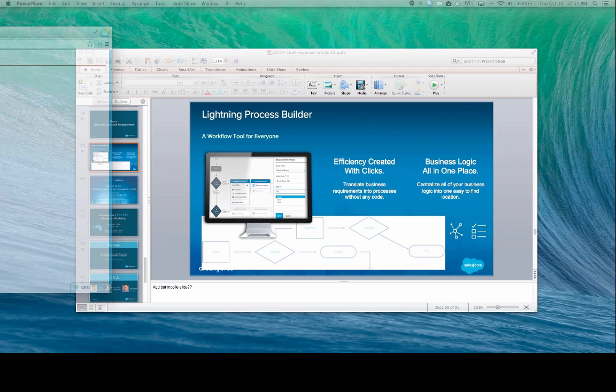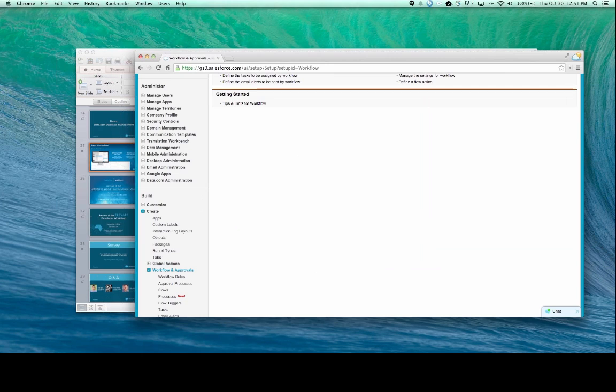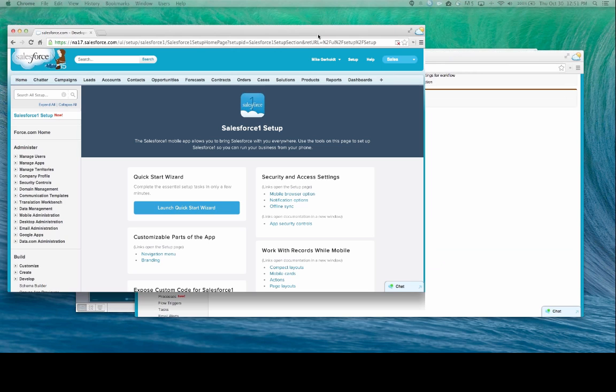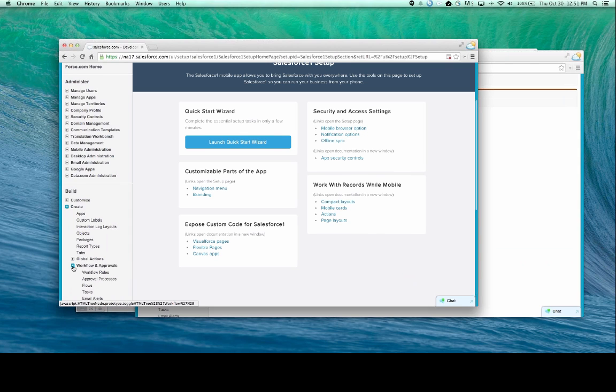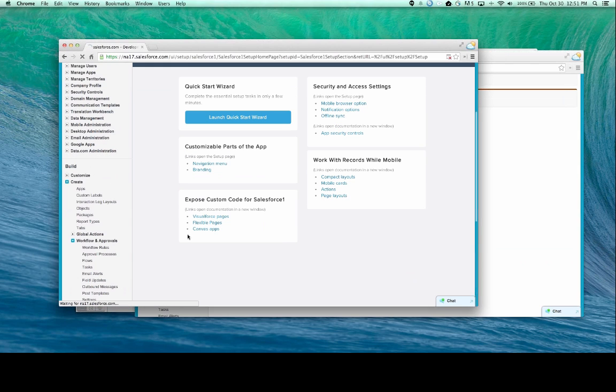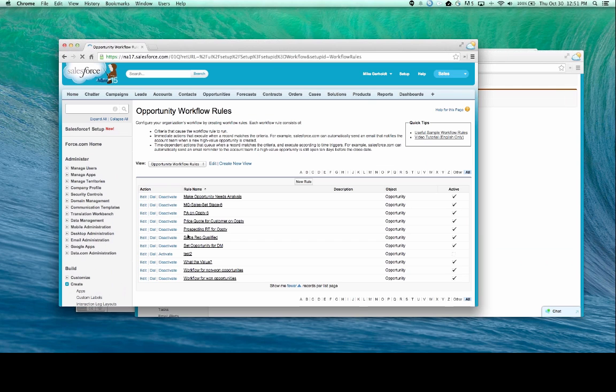All right. So the first thing I want to show you is in my org, of course I've got a whole bunch of workflow rules and wasn't exactly tidy when I created them. So I bet these workflow rules probably look like yours. You go in there and the executive asks you, what's going on with all these workflow rules? What happens when? And I wasn't really good at naming them, so I don't know outside of clicking through all these what happens next on an opportunity, right? What's the first stage, what's the second stage, and what's the third stage, and how do these workflows work together? But with